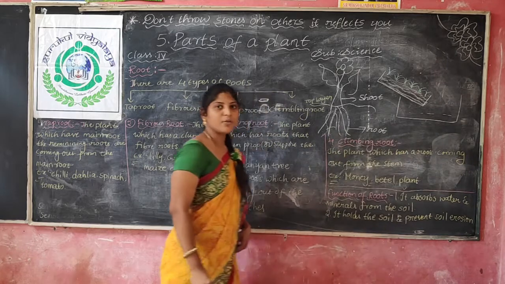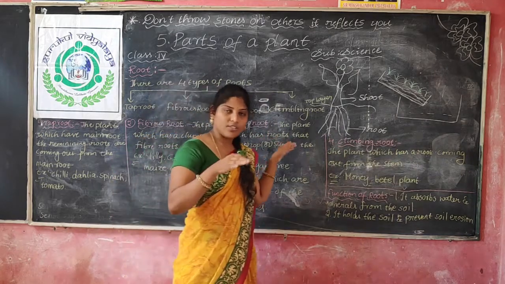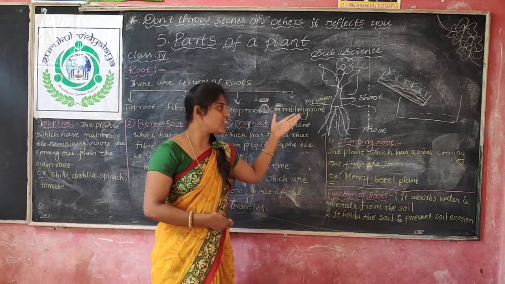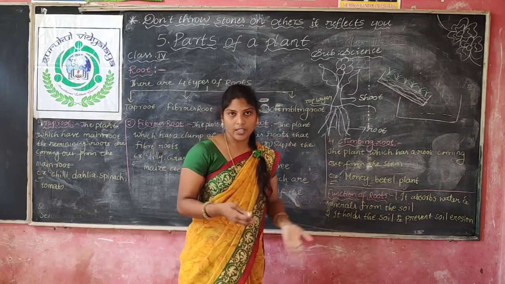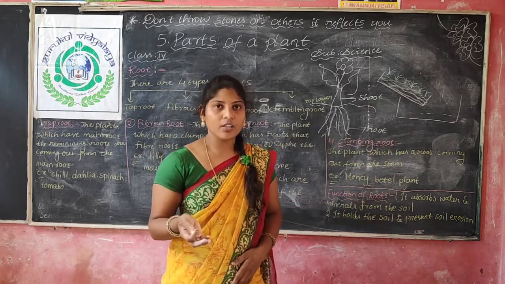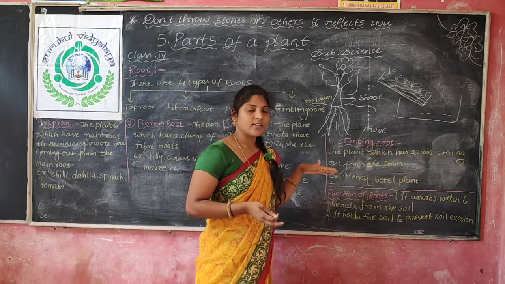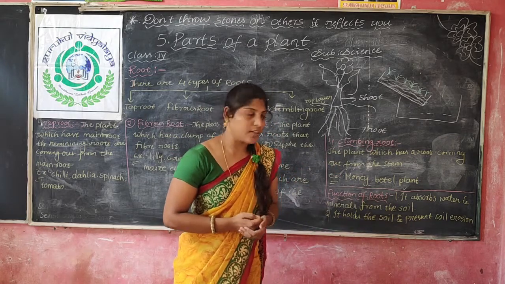What is soil erosion? Soil erosion means the losing of the upper layer, the topmost layer of the soil, by wind or else by water. That process is what we call soil erosion.